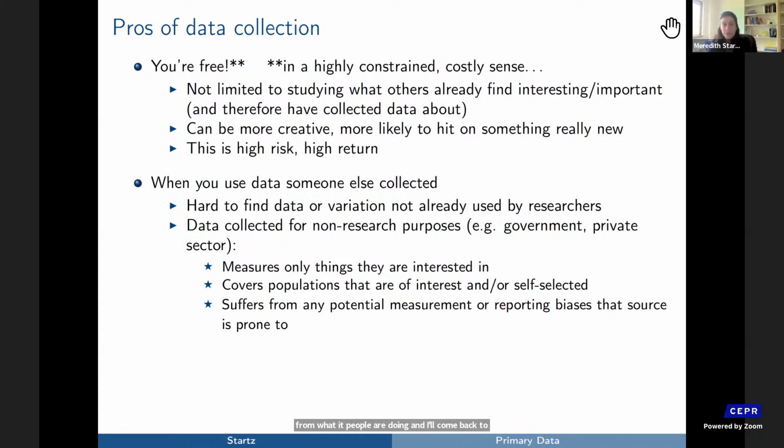But I want to emphasize some of the pros of using data that somebody else has collected. One, in existing data, it's often hard to find data or exogenous variation that's not already being used by other researchers. There are some well-loved data sets and policies that we've thumbed over very thoroughly and used again and again. And we